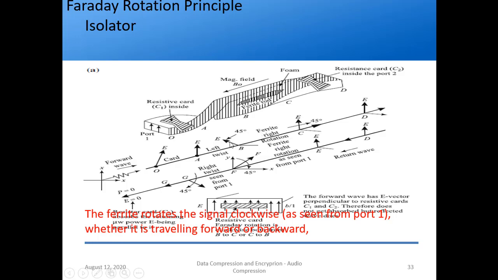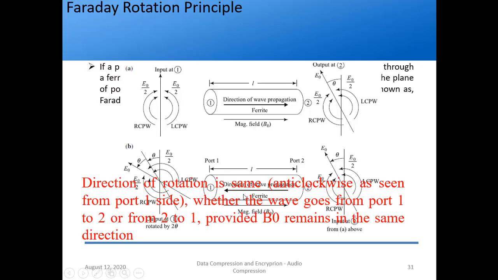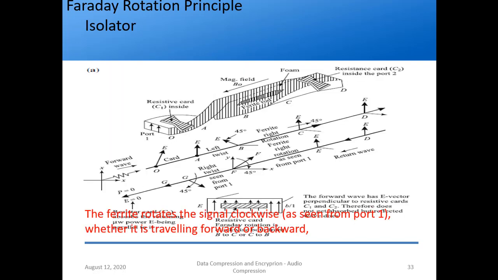So with respect to port 1, again it will rotate in which direction? Clockwise direction, because here it went from clockwise, and we saw in this note the direction of rotation is the same irrespective of the direction, right? So again it will rotate by 45 degrees. So it has rotated clockwise by 45 degrees, right? But here what is happening? When it went from A to B, we rotated anti-clockwise by 45 degrees, right? So when it is coming the other way around, it will rotate clockwise, right?